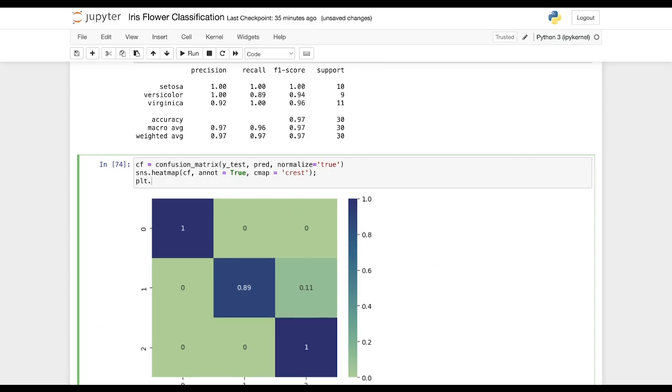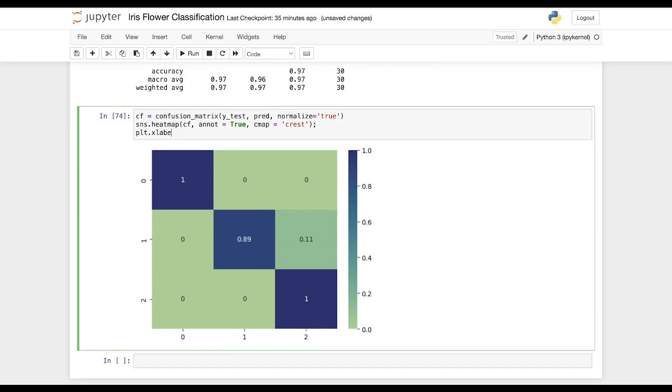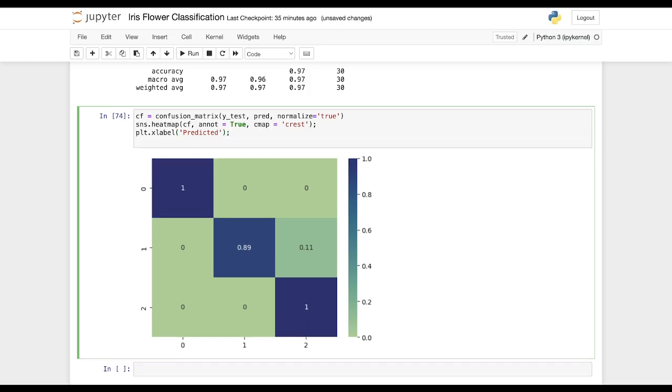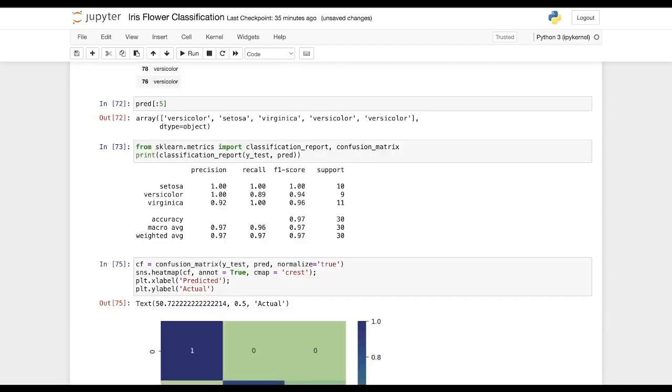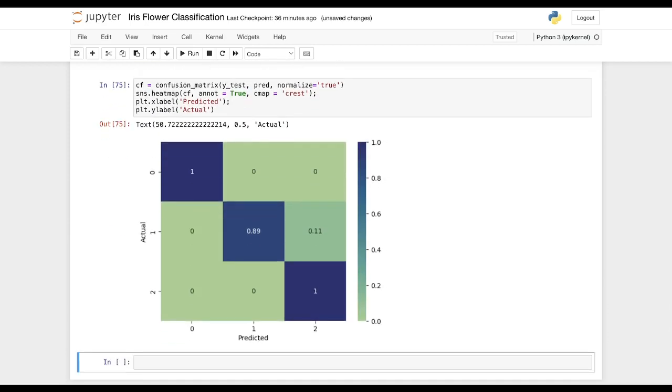On the x-axis, we have predicted values, and on the y-axis we have true values, that is the actual ones. So actual, let's display that. You can see on the x-axis you have predicted values, and on the y-axis you have actual values.